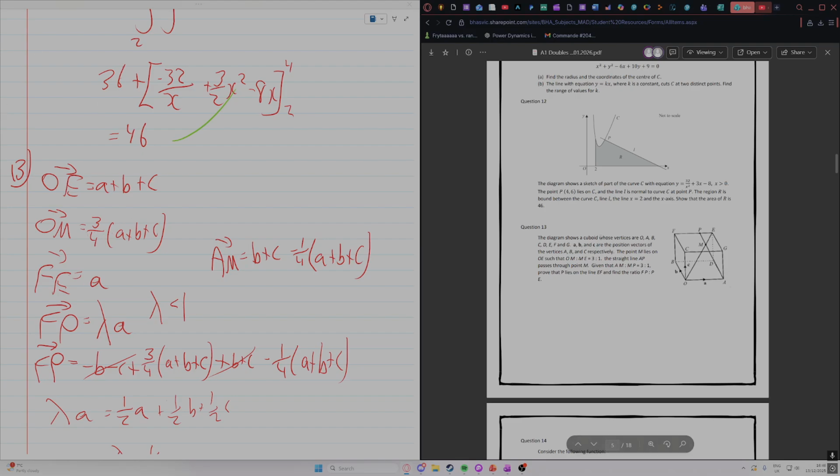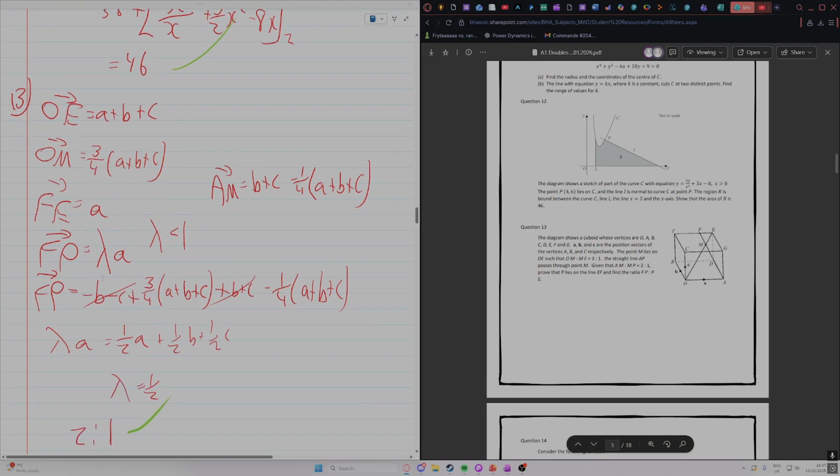So you find OE, obviously, because it's just a plus b plus c. Then OM is 3/4 of that. You know that FE equals just A, and that means FP, because you're finding FP to PE. So you know that FP is lambda A. And then you can